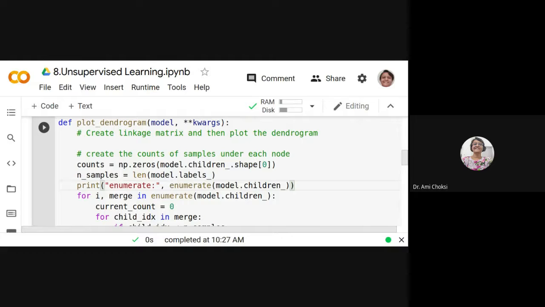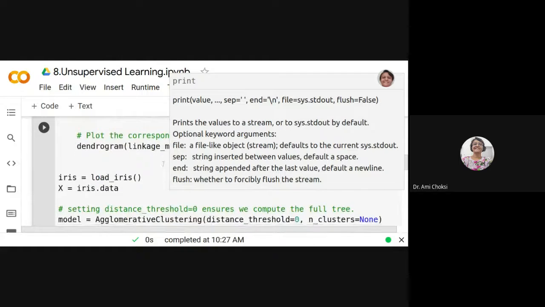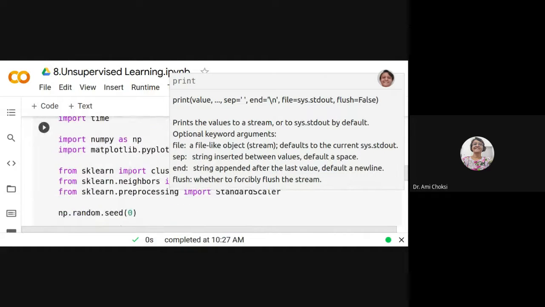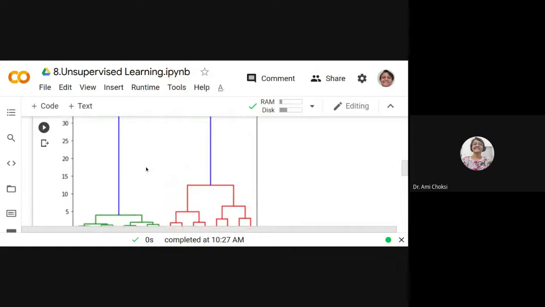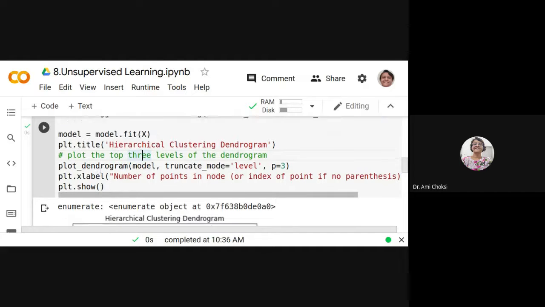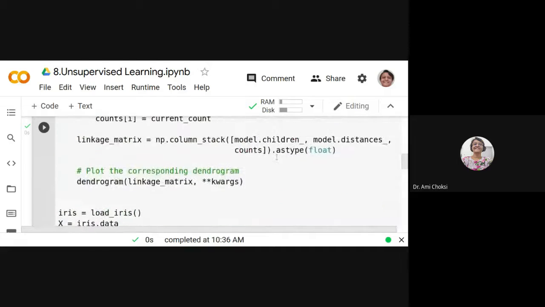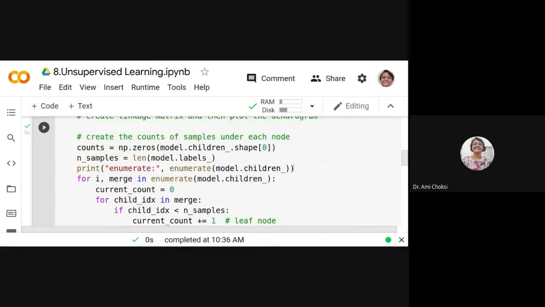Okay, so now let me run this so we can have the idea. It's running. For enumerate, it is giving the enumerate object, so we cannot understand it. No issue, let us put that inside a list. So now we can have the idea.